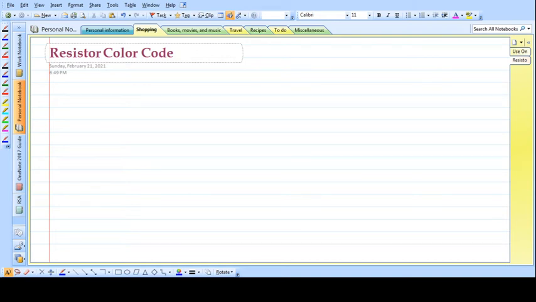Welcome everyone. In this lecture, we will try to cover the very fundamental resistor color code, in which we will think how to identify the resistance value by looking at their color bands. So for this purpose, we have to start with a simple sentence that I am going to write to identify the color code.